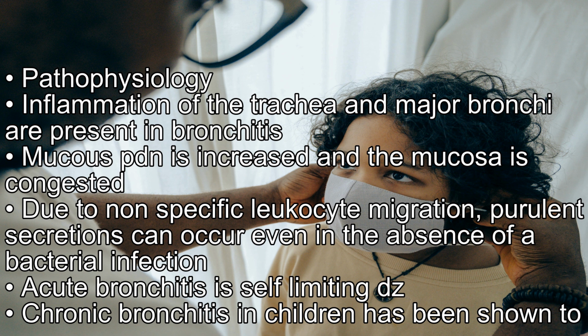Pathophysiology. Inflammation of the trachea and major bronchi is present in bronchitis. Mucus production is increased and the mucosa is congested. Due to non-specific leukocyte migration, purulent secretions can occur even in the absence of a bacterial infection. Acute bronchitis is a self-limiting disease. Chronic bronchitis in children has been shown to